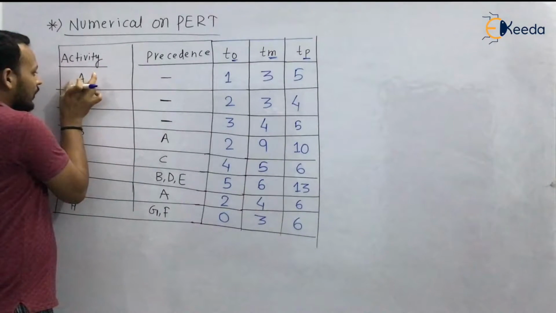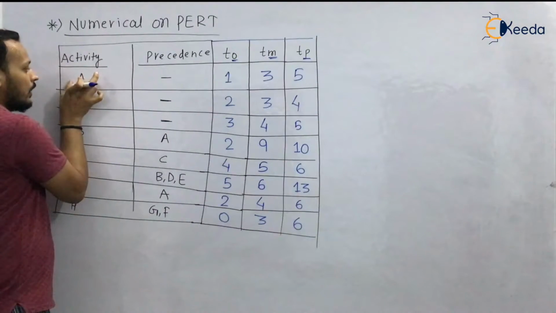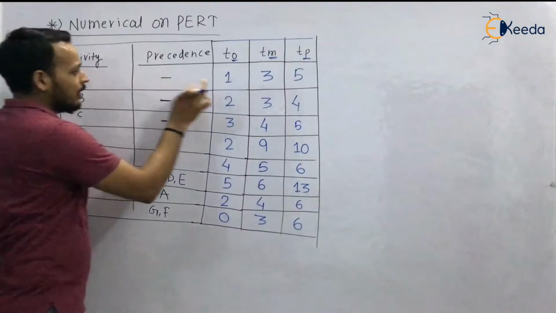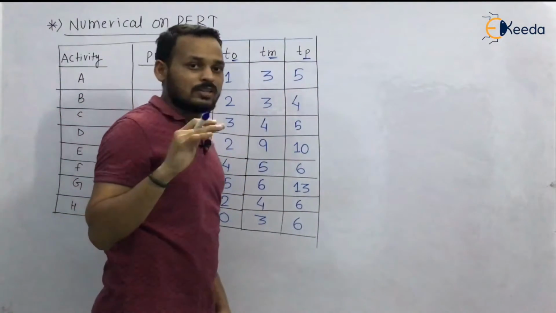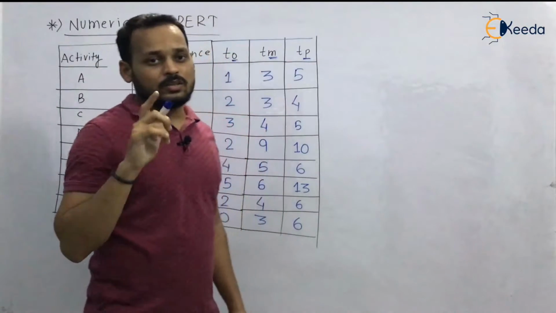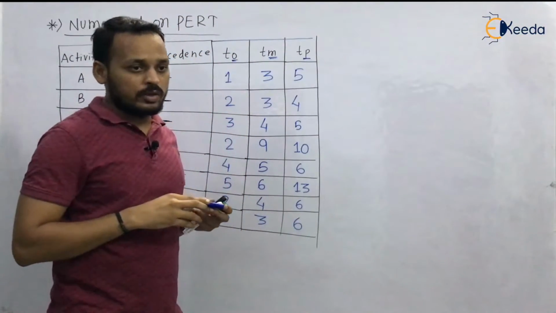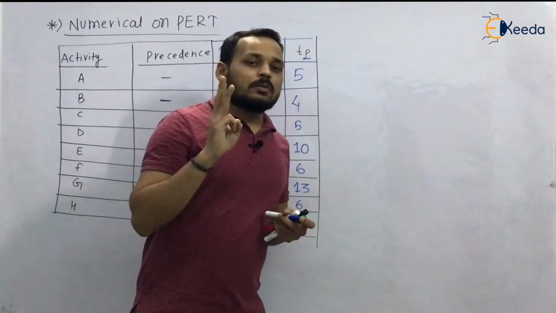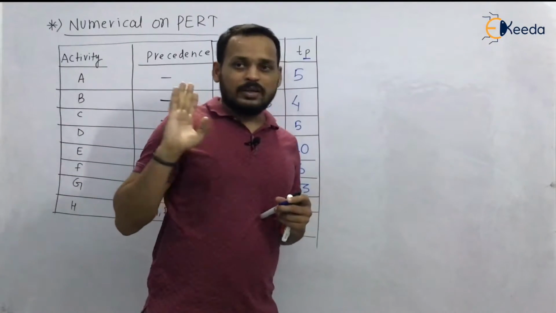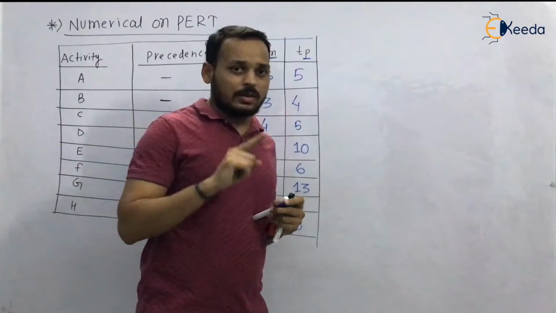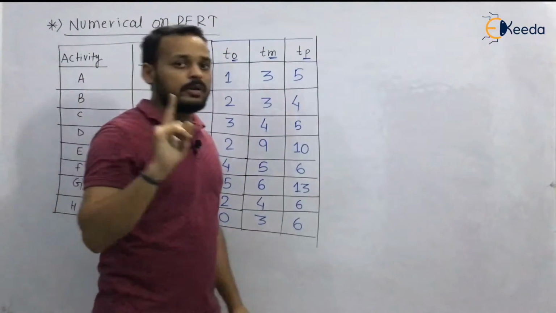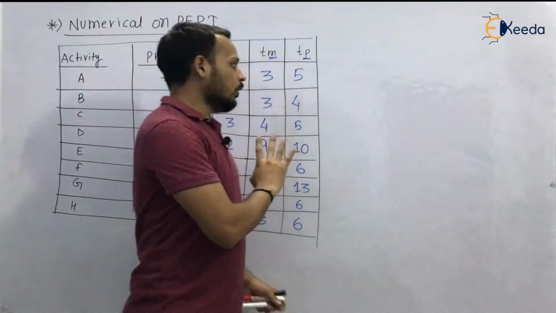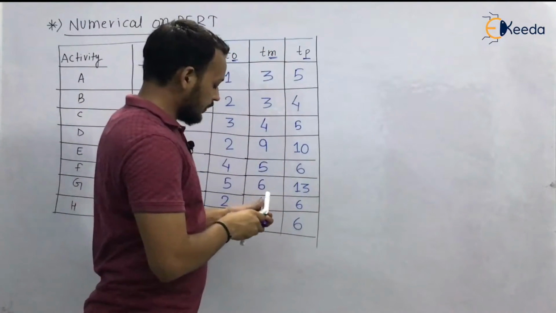Because to complete a single activity, for example let the activity be A, there are three time estimates. You already know this, because in the difference between PERT and CPM, there can be three time estimates to complete the activity, and these three times can be converted into a single time estimate with the help of the beta distribution curve.